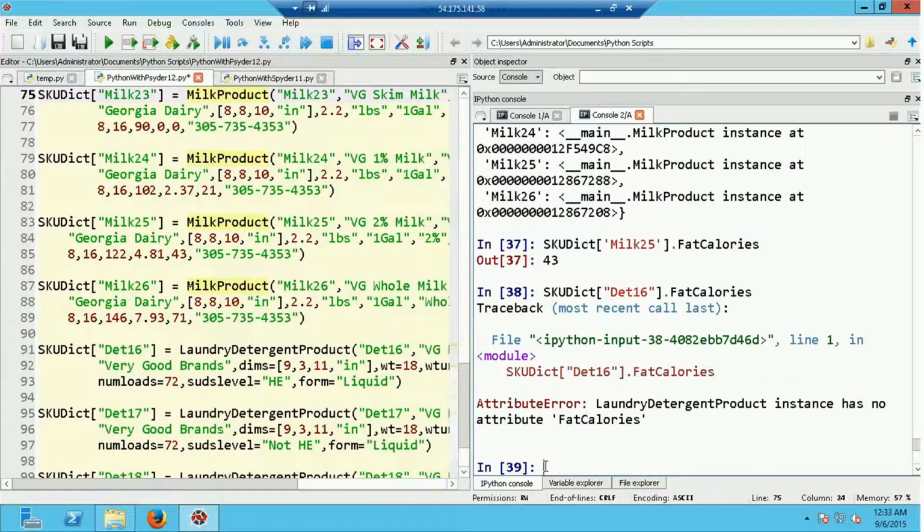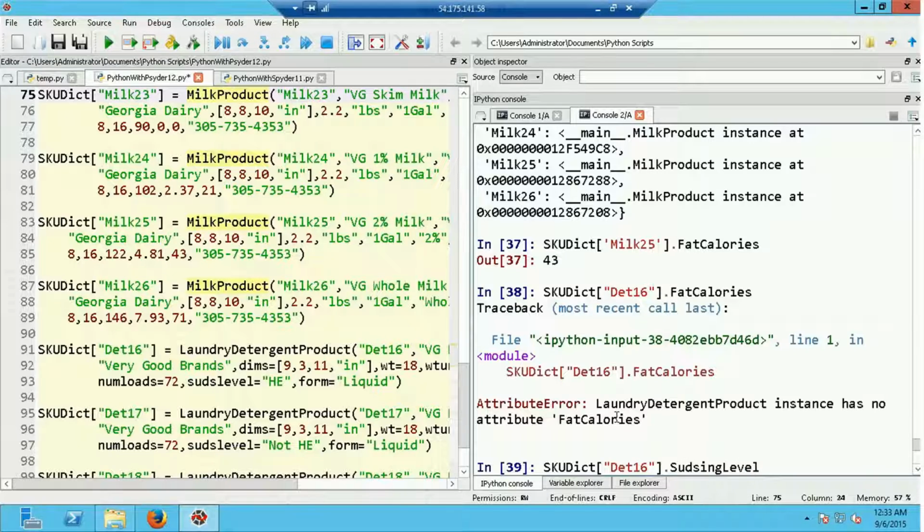And sure enough, I get an attribute error because laundry detergent doesn't have an attribute called fat calories. However, laundry detergents do have an attribute called sudsing level. So if I go SKUDict and then pick one of the detergents, so let's do detergent 16, and then reference its sudsing level,